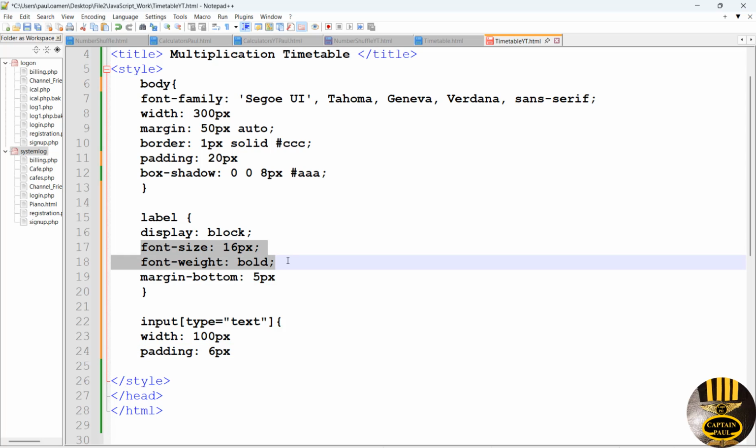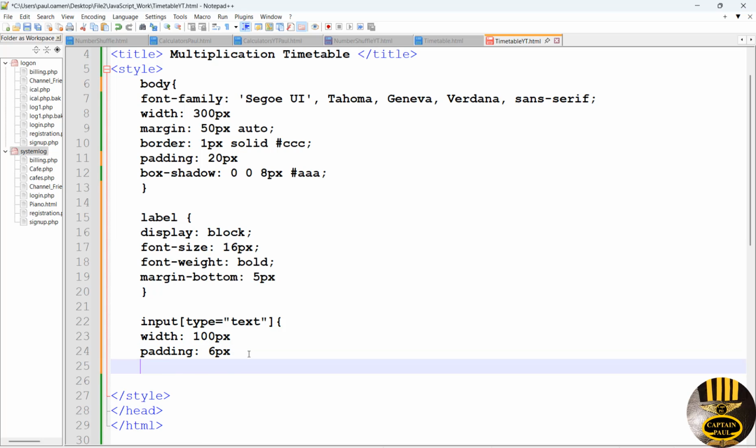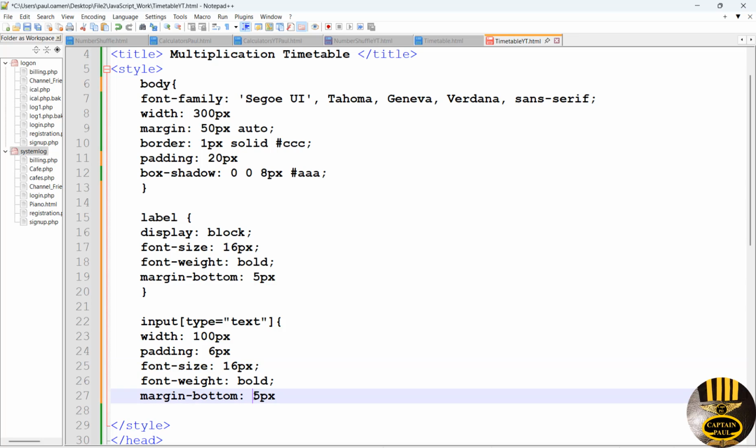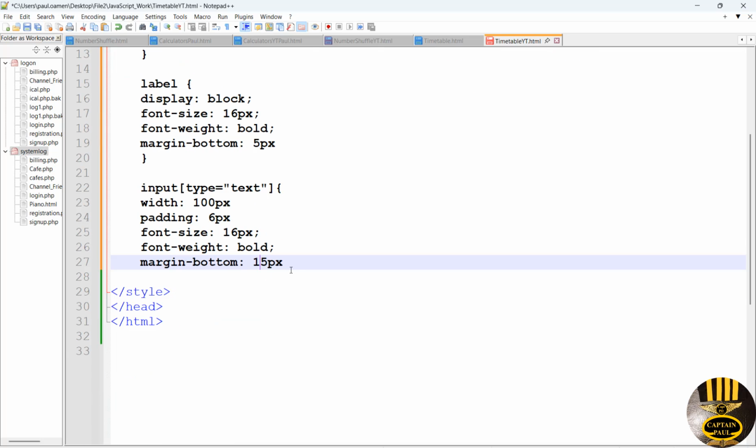Then the font, I can just grab all of this. Make it blue, that's right. Font and the margin, yeah, let's grab all of this. Paste it in there. Okay, and let's make this one about 15. Now,